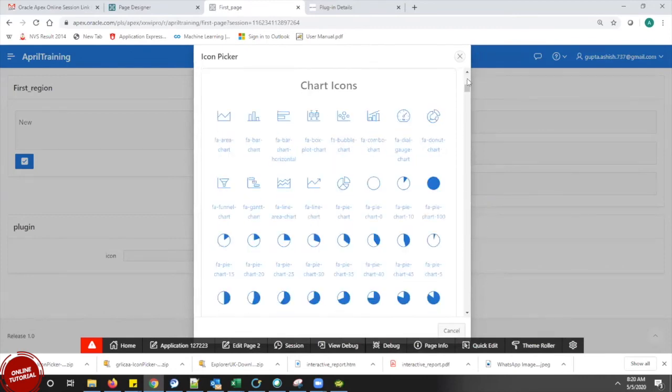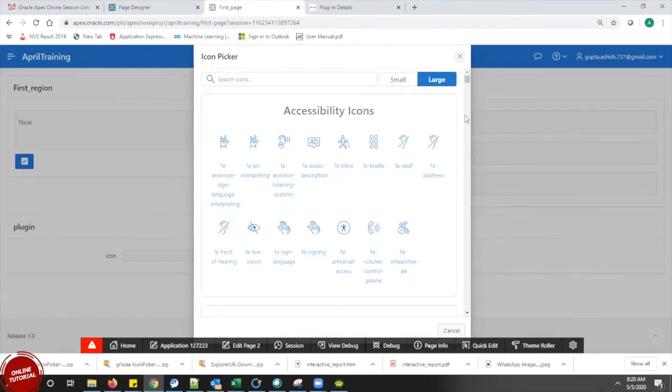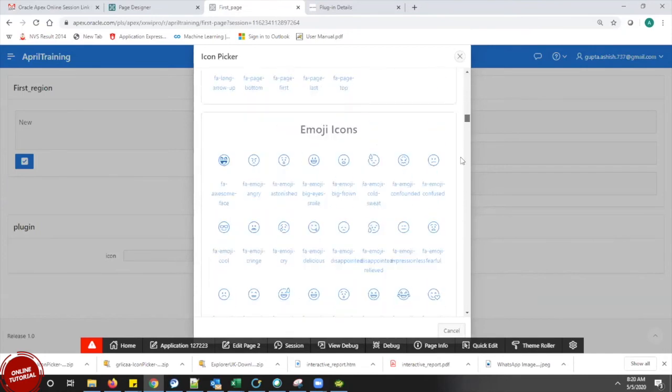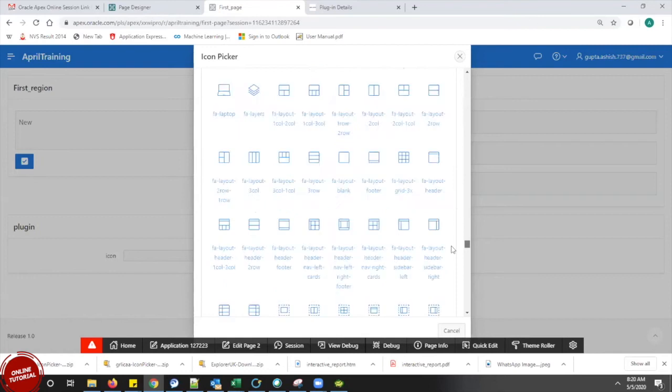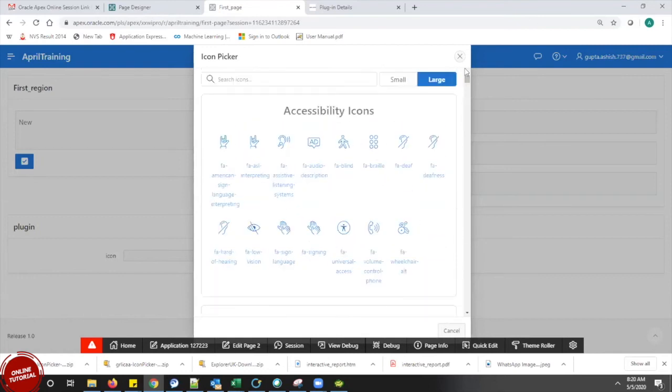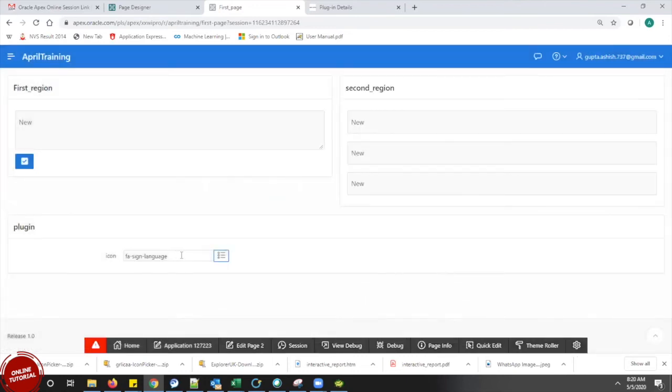We can see so many icons here that we want to select. That is already present. On clicking any of them, it is going to save that same icon in my database. So that is what this plugin was about.